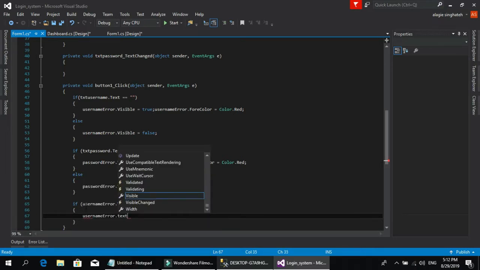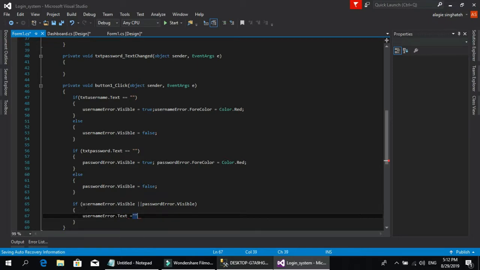I will say user error dot text equals to, like this, and I will say username is required. Please enter your username. Like this, full stop, and I will copy this one first and just come down, paste